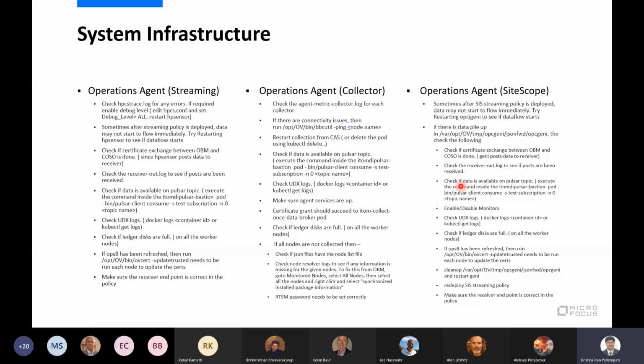If the data itself is not coming into the collection to the raw tables, we need to look into the source specific issues. This is streaming as well as the agent OA we need to verify, and then SiteScope we need to verify. Okay, these are the high level debug steps.